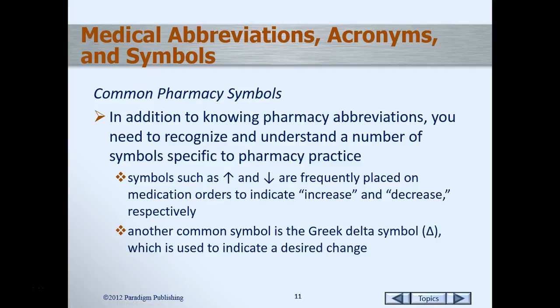So if they want us to increase the flow rate of their primary IV from 80 milliliters per hour to 100 milliliters per hour, they would write it with an arrow, and then